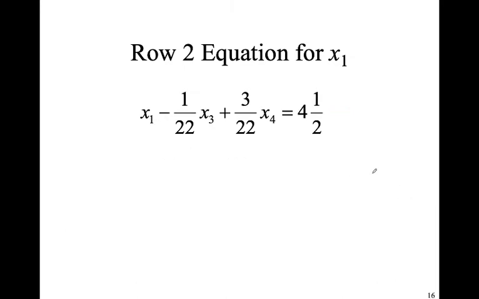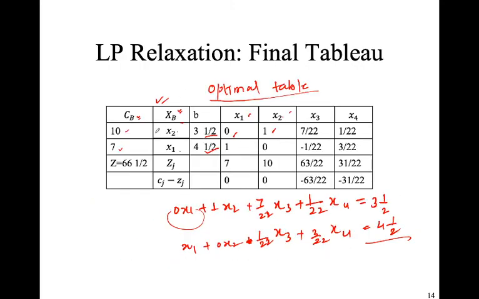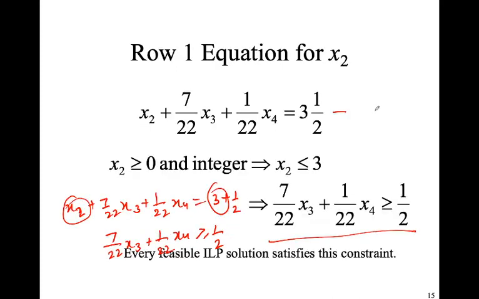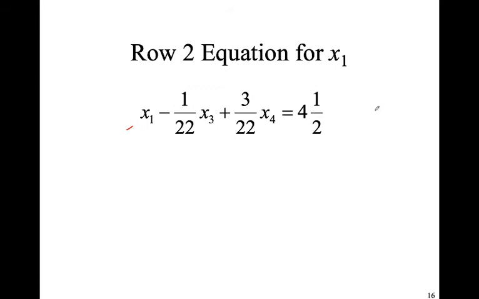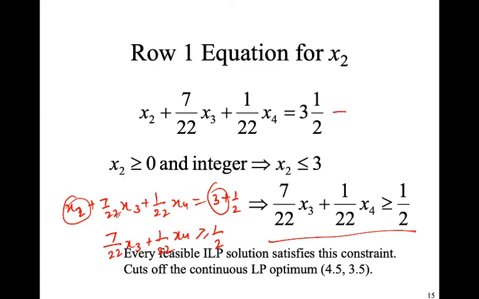So let us do the same thing for x1 as well. The equation corresponding to x1 could be written as x1 minus 1 upon 22 x3 plus 3 by 22 x4, and remember these are taken from this table, the last one. Now we have to separate the integer and fractional part, applying the same method as here. But please remember one thing: in the Gomory cut plane all the fractional values should be positive, there should not be any negative value here.